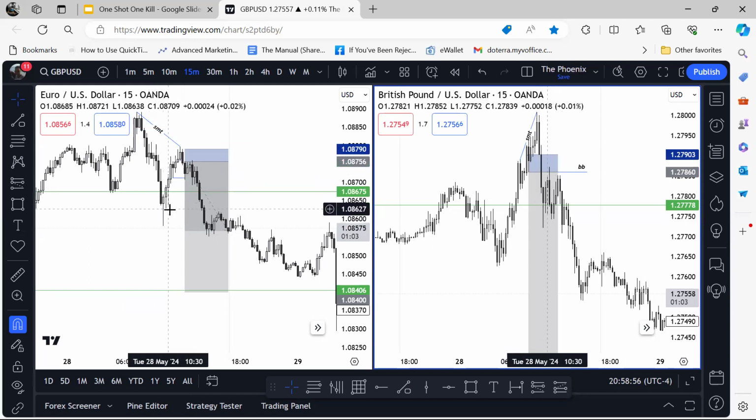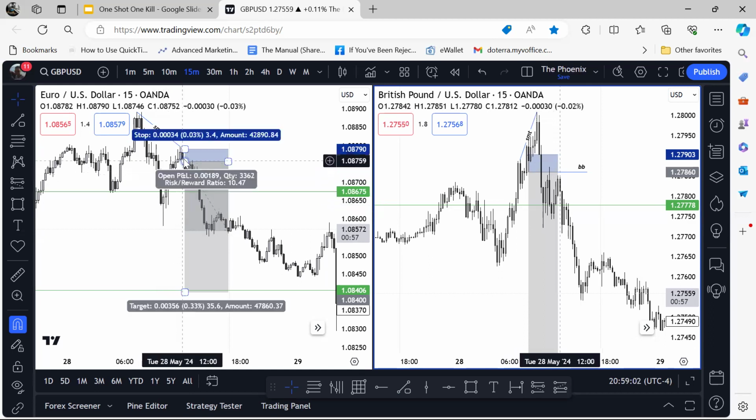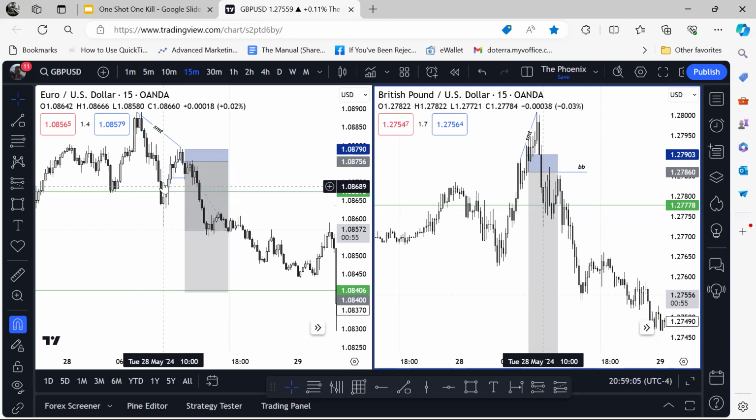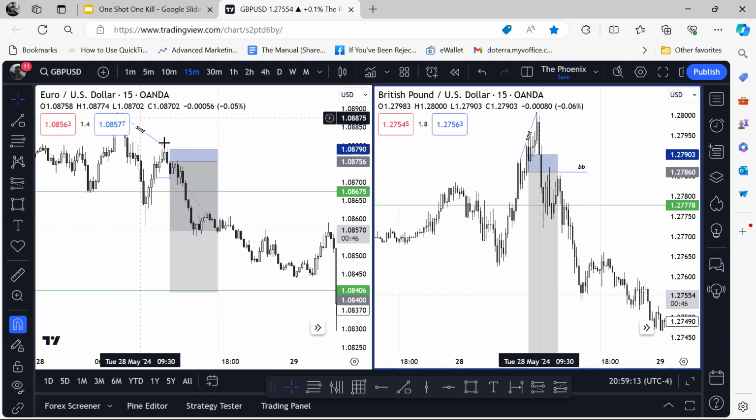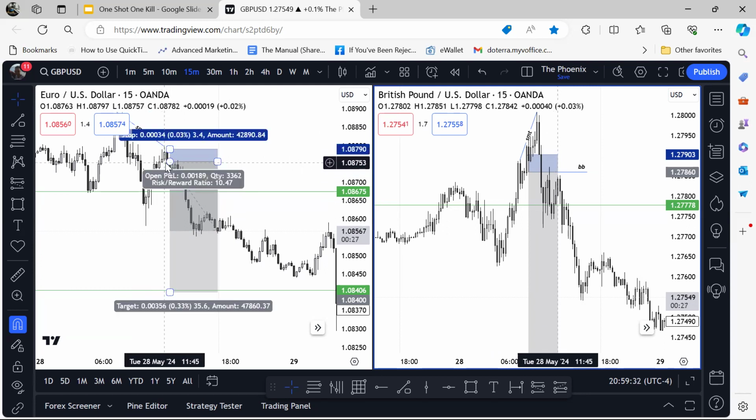So right here, we had price basically create a change in the state of delivery. We didn't have a close below this low, but it wicked through it. That was still a confirmation that price was still going to go low because of the SMT having already happened. Without SMT, we wouldn't have considered this to be a high probability change in the state of delivery. So even so, this order block held. You could have entered here, or as a matter of fact, there is a very small fair value gap in there that still would have been an ideal entry.